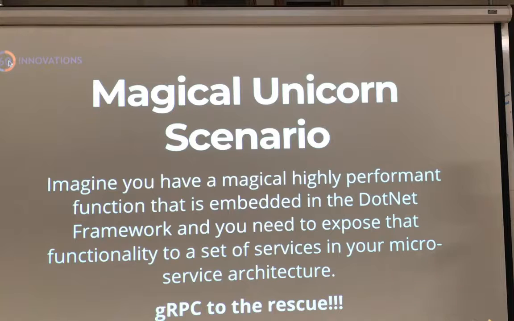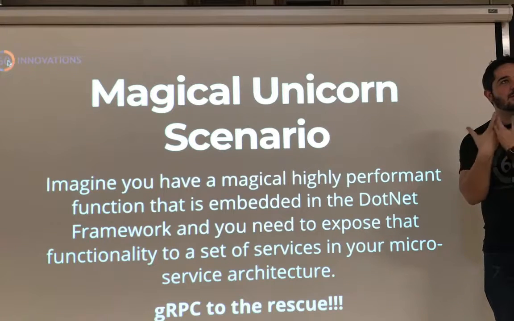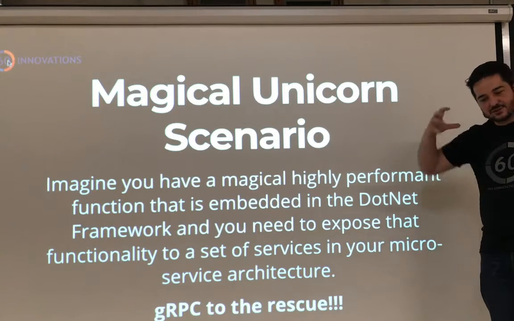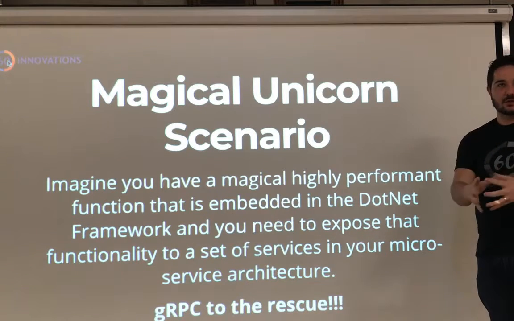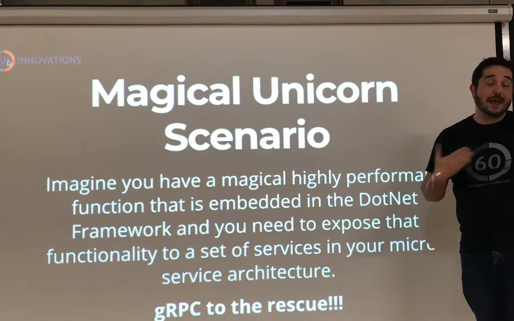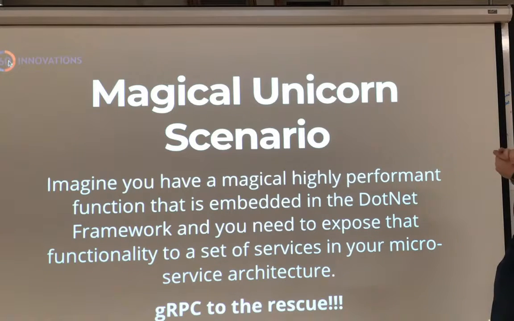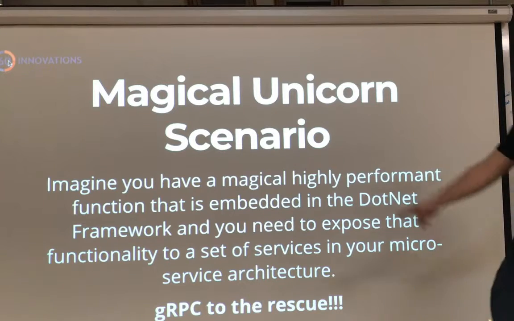So, before I start showing you the code, imagine a situation. I think unicorns do that quite nicely. So you've got a highly performant function, this piece of code that some old guy in the corner has written, it does everything that you want, it is baby. So you're not moving that into any modern stack, but it works, right? So you want to encapsulate that and include it in the rest of the service and in the rest of the platform in a nice way. So you want to join the rest of your microservices in a nice way. So gRPC is to the rescue.